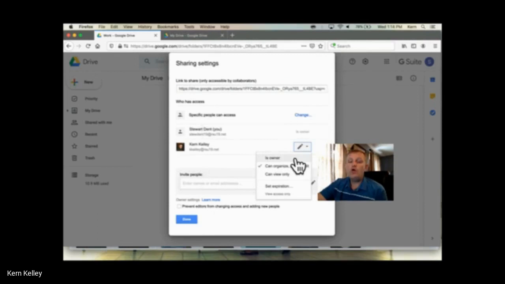You also notice here you can change ownership. Why you'd want to do that, it used to be when you were actually leaving the district, you would have to share ownership if you had a file that you wanted to make sure that everybody else had, and it wasn't under your account. Now we use Team Drives for that, and I'll explain what that is. So it's a little bit different than it was before. You can also set an expiration date. So if you had work that you were doing and you wanted to change this, and you want to have it so that it wouldn't go for